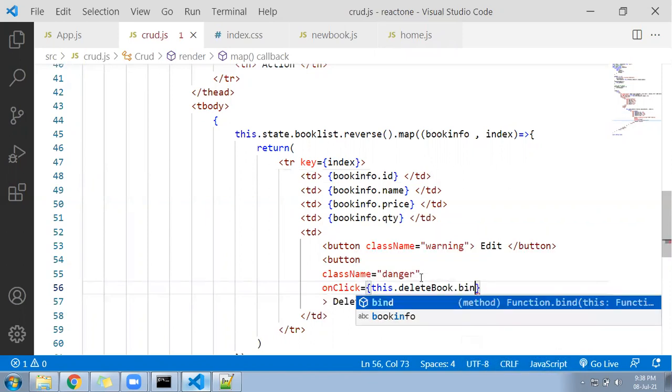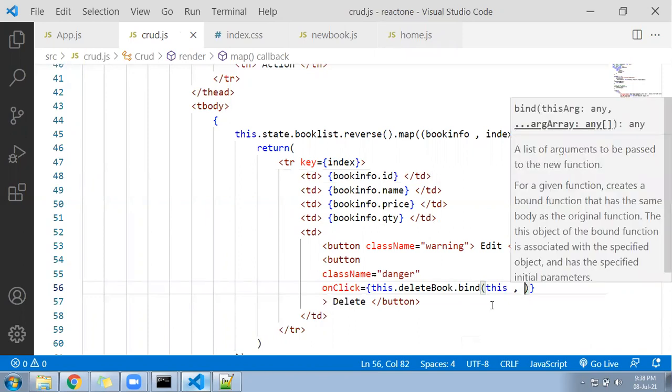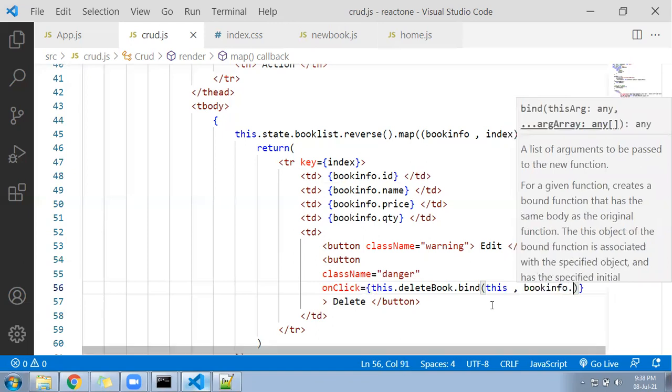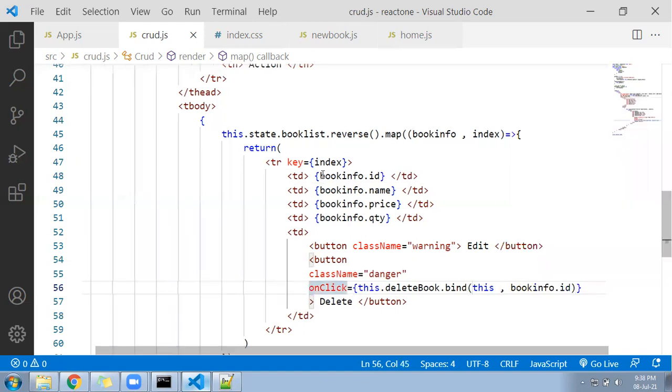You have to use the bind function, because in React, to pass the input we require bind in the parameter. The first parameter of bind is this, always fixed. The second parameter is your input. So what input are we going to send? We are going to send bookinfo.id. This ID is coming from the JSON file. So this, comma, bookinfo.id.